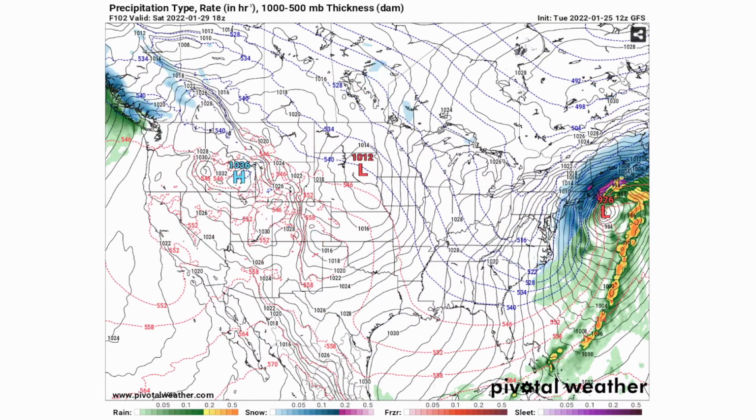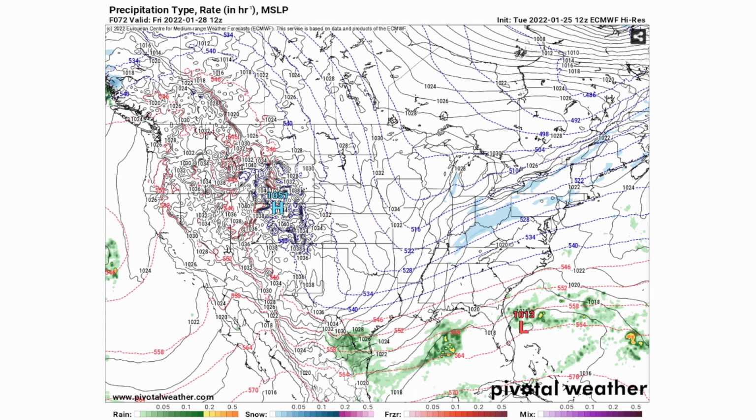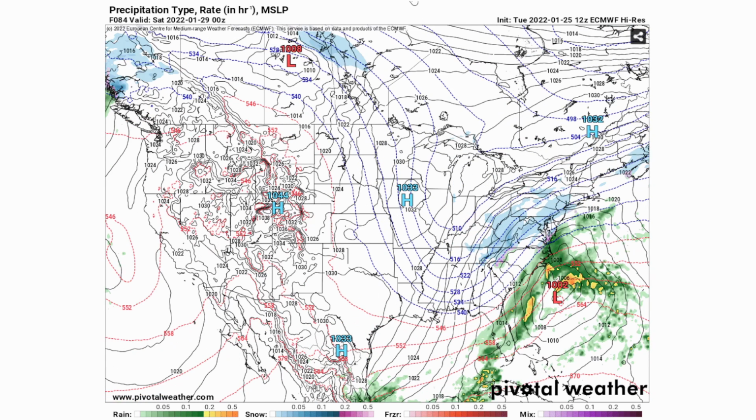We're going to look at the European model and see the differences, and then the Canadian model. Here is the European model, and as you can see, this is going to be Friday at 12 a.m. We're going to move forward here to around 6 a.m. You see that low pressure system already forming now just off the coast of Florida, and that snowfall already starting way ahead of the system here. This is in Kentucky, Ohio, we're talking, and this is probably around 800 miles away from the low pressure system. It's already starting there.